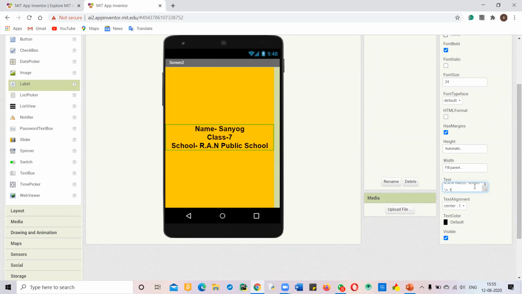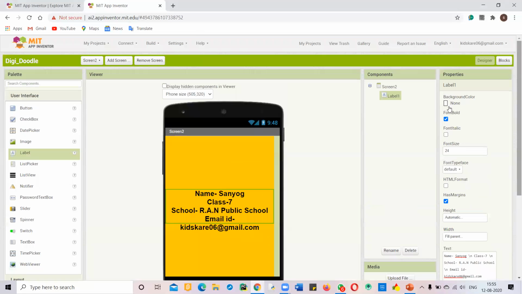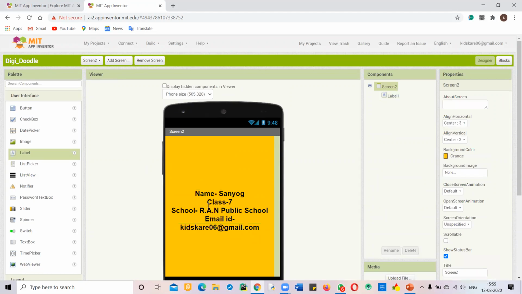Now after school, you can write your email ID. Okay. And do this quickly. Mail ID is not necessary. Yeah, this is not necessary, but if you want, then you can write. And you can also add an image of yours. Yeah, image component. Yes, you have learned now, I think. Please retell them. Yeah, excuse me. Yes. My text is not coming in the center, and I changed that.